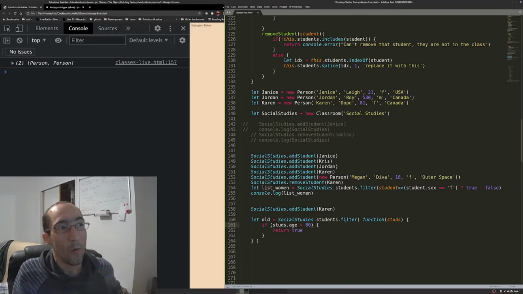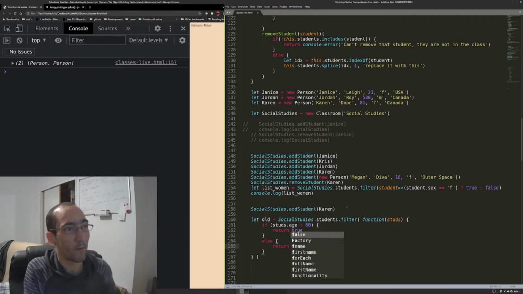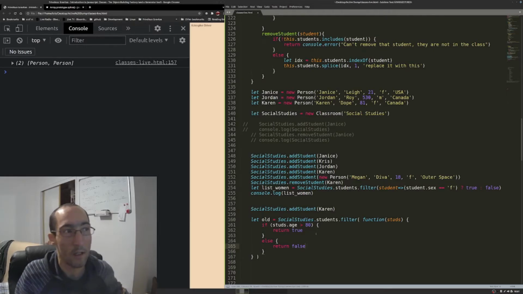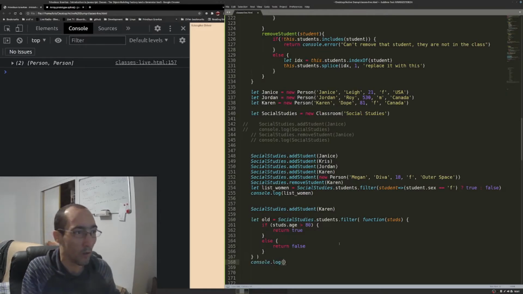So this is going to return a filter, which is going to filter by this function. This function is going to check if age is greater than 80, then return true. And in all other cases, return false, meaning don't add the current item, which is the variable of stud, to the list of old, which is our output list. So when we hit console.log old,